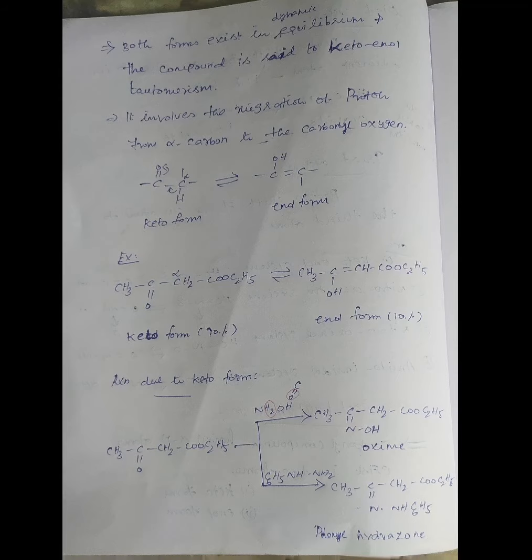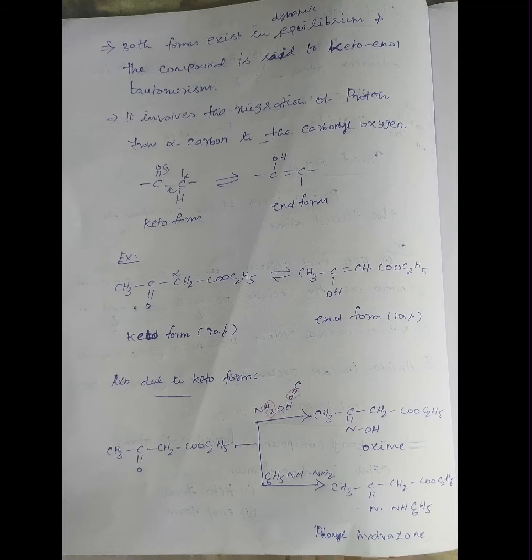So this is the reaction, C double bond O CH, keto form. I show the alpha carbon. The alpha carbon has a hydrogen atom. So the carbon hydrogen bond is shifted between carbon and carbon, and a carbon carbon double bond is formed. At the same time, the carbon oxygen bond is shifted towards the oxygen atom. It gets negative charge, so the proton is added to this O minus. So you get enol.